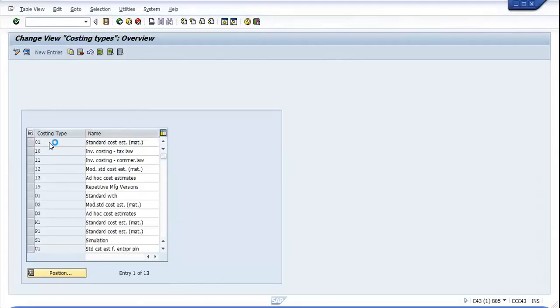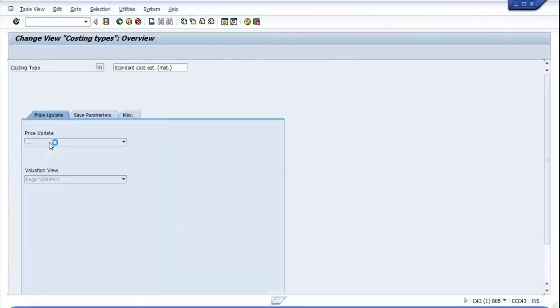If we click on the standard cost estimate, we'll find three values: price update, save parameters, and miscellaneous. Basically, in the price update and the valuation view, we can define whether the cost estimate should be saved without date, with date, or with the start of the period.